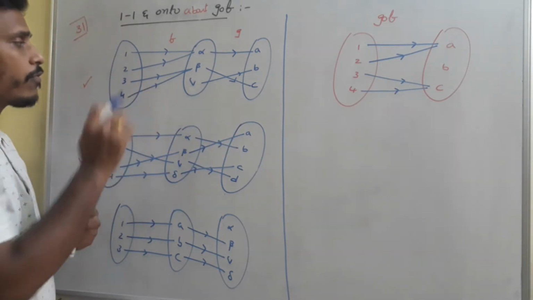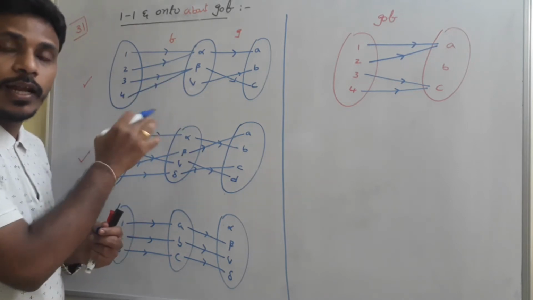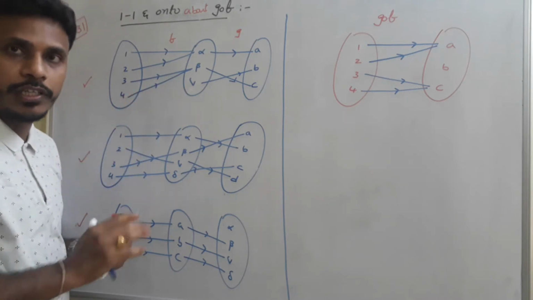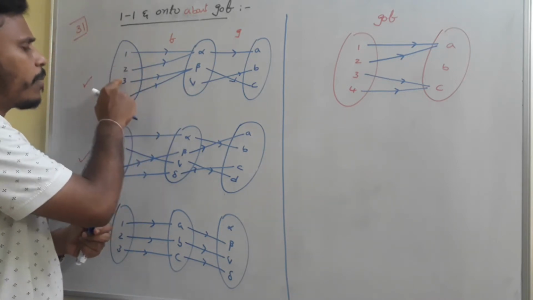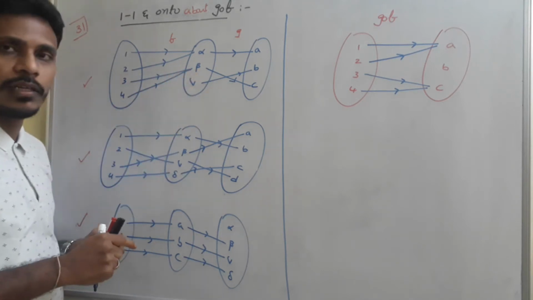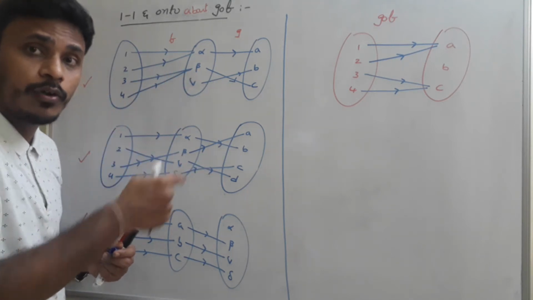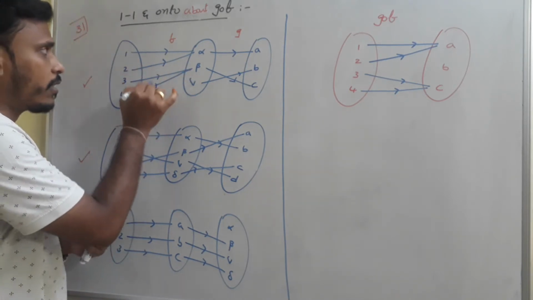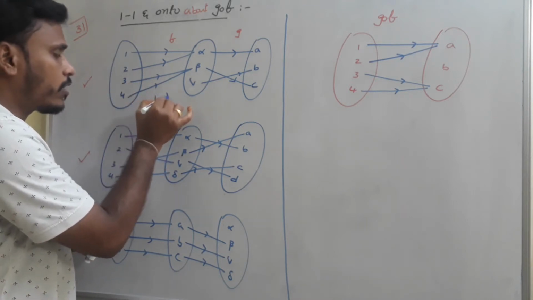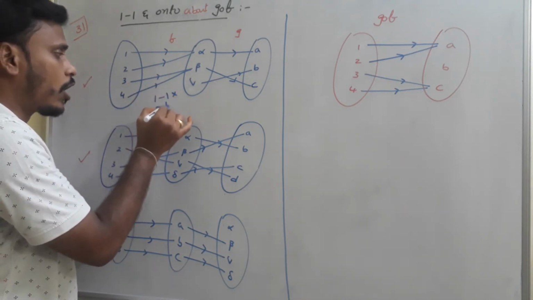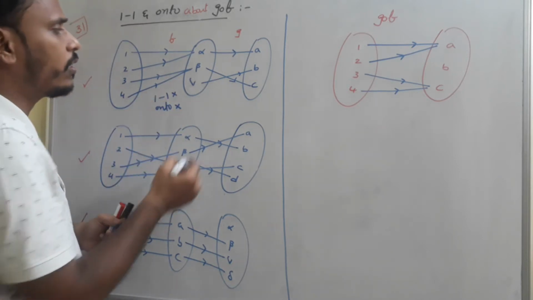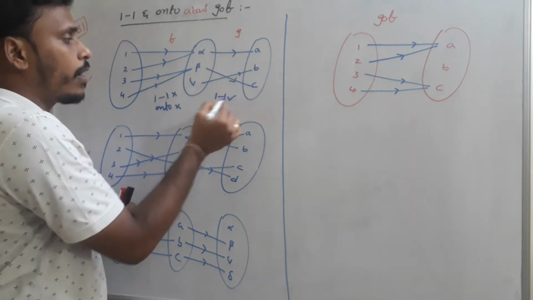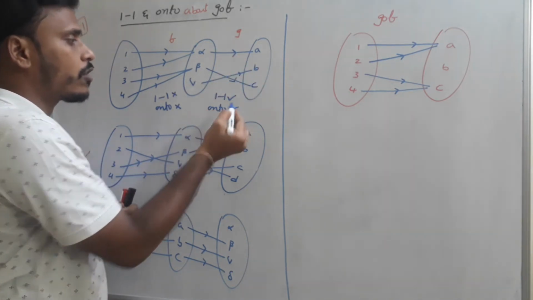When you look there, F is a function which is not 1-1 as well as not onto, because gamma has no pre-image here, so it is not onto with respect to F. And different elements 3, 4 have the same image beta here, so this is not 1-1 also. So this particular function F is not 1-1 as well as not onto. Whereas G is 1-1, because different elements have different images and no element in the G is empty, so this is onto also.